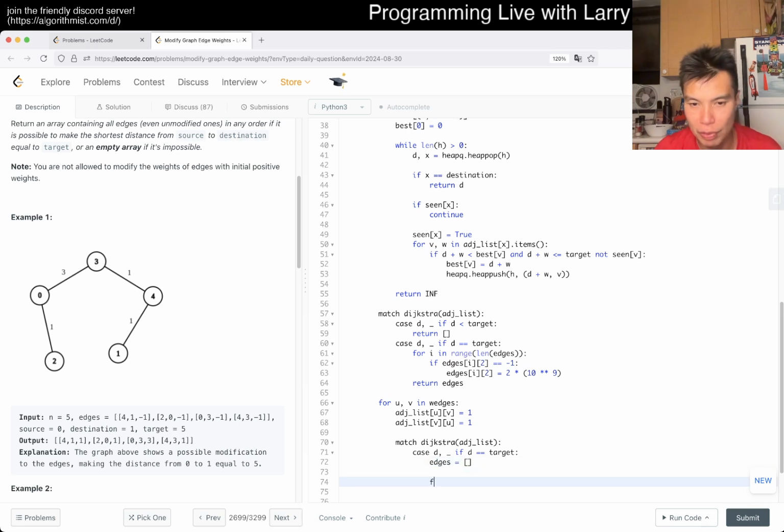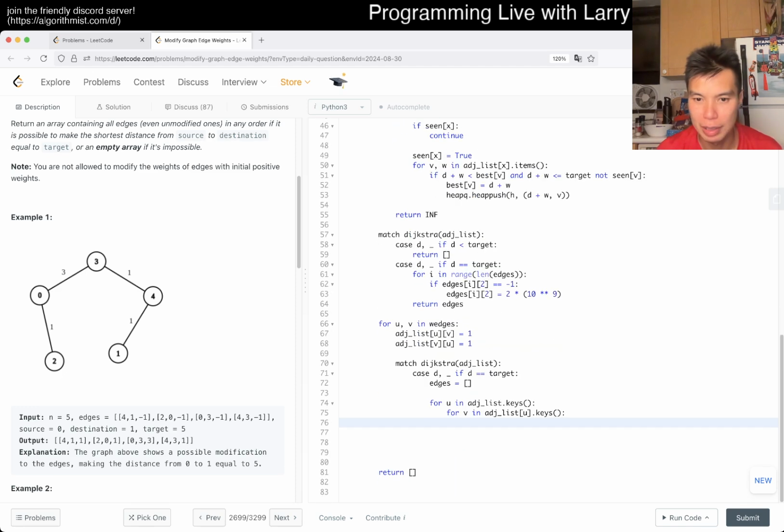So then now for key in adjacency list keys, let's call them u, for v in adjacency list u dot keys, then edges dot append u, v,